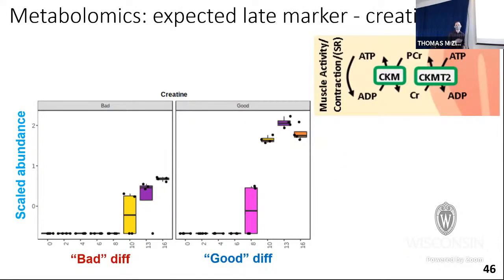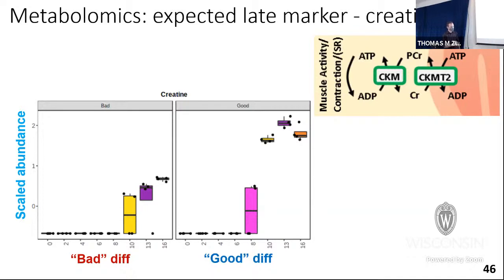Again, that doesn't tell us much, and we'd like to look at what particular markers are driving these differences. So here's an example of one. Again, as I showed with the cardiac troponin T on the protein side, here's a metabolite that we expect to be upregulated in cardiomyocytes. As I mentioned earlier, there's this creatine kinase, this shuttling of phosphates between the mitochondria and the sarcomeres to allow that contraction. And this is heavily important in the cardiomyocytes. So we expect it to be upregulated in a cardiomyocyte.